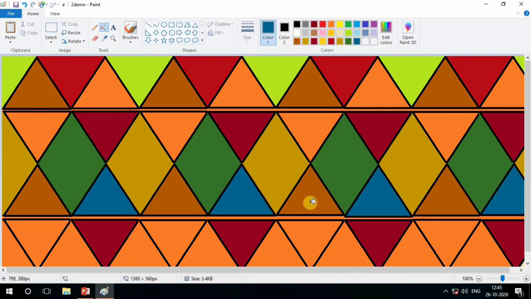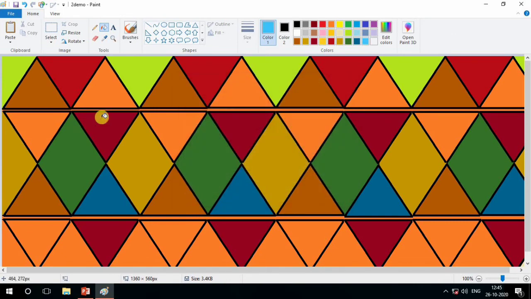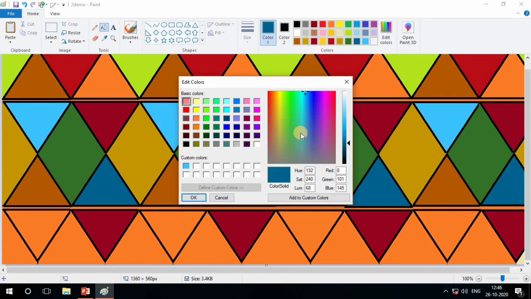Now see another shade, you can take it from this blue line, edit and okay. Now fill here. Oops, by mistake we filled here, so use the undo option. So the color comes again here. Yes, see we are doing different shades and filling them.